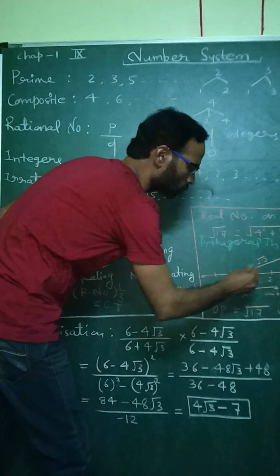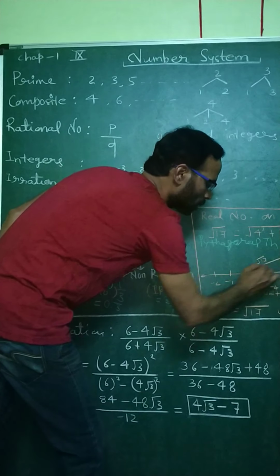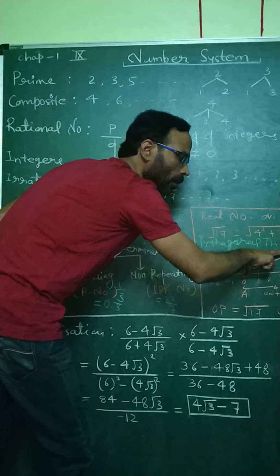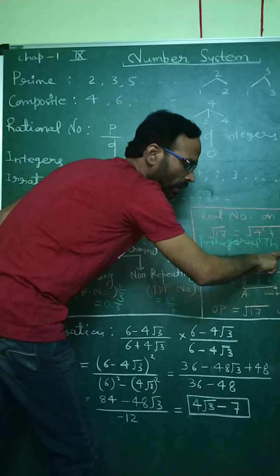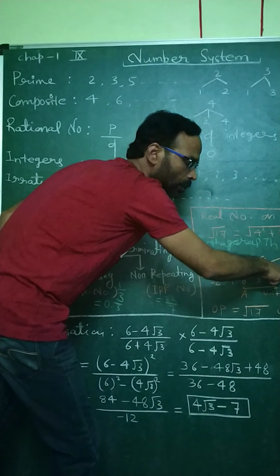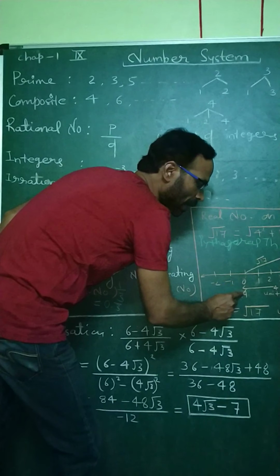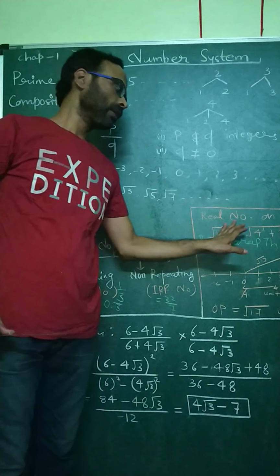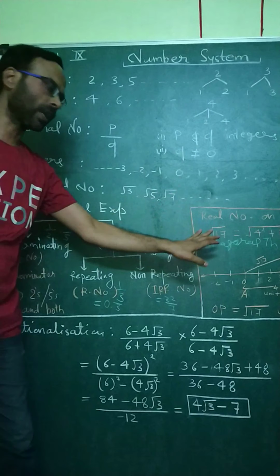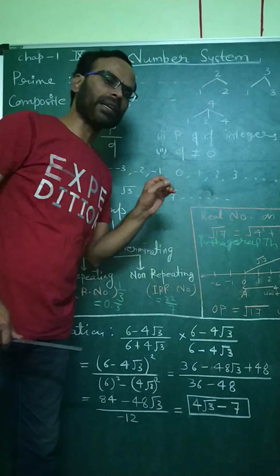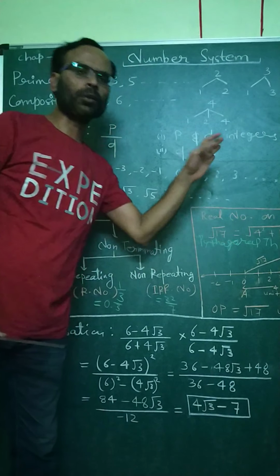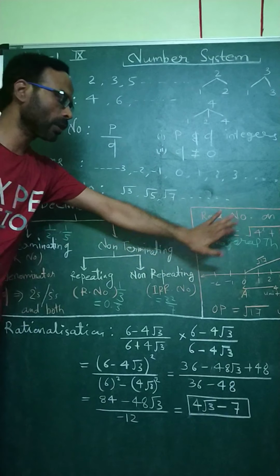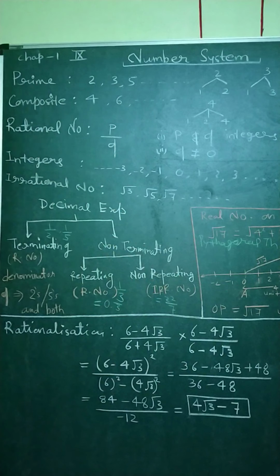centimeter or some other. So this is 4, this is 1. So this AC will be considered as root 17. You will open a compass up to this much width and cut an arc here on the number line. So this point is P. So A to P will be root 17. Through this method you can represent an irrational number on the number line. Instead of root 17 you can use root 3, root 5 and root 6 also. All these things you can do. So first of all you have to use the Pythagoras theorem, then you will represent it on a number line.